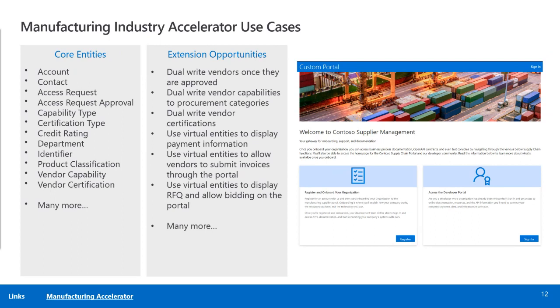You could simply extend the existing portal by using iframes to take the out-of-the-box vendor collaboration pages for RFQs and so on, and embed them into this portal so you get the best of both worlds without the need to develop new pages or extend that portal beyond just embedding an iframe, for example. But if you want a similar look and feel or specific branding, or you want to extend that functionality, you could absolutely build that functionality out directly in the portal.